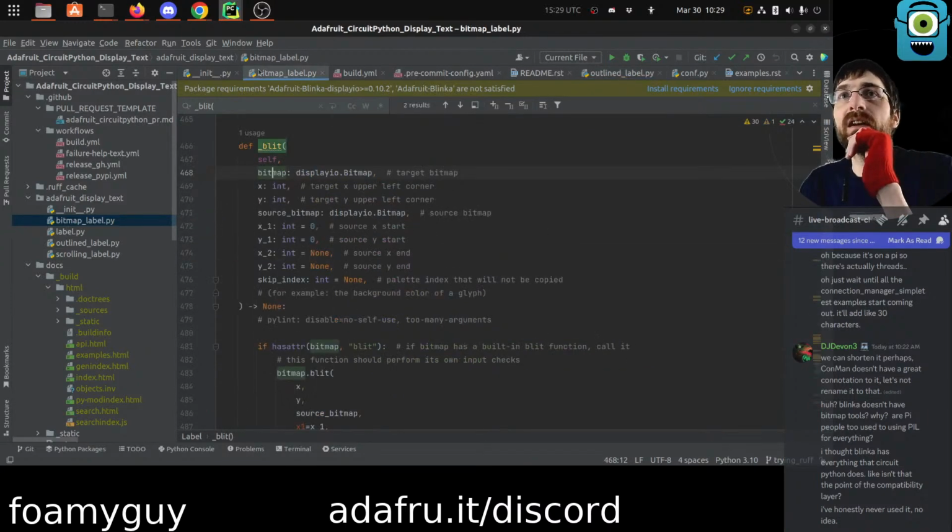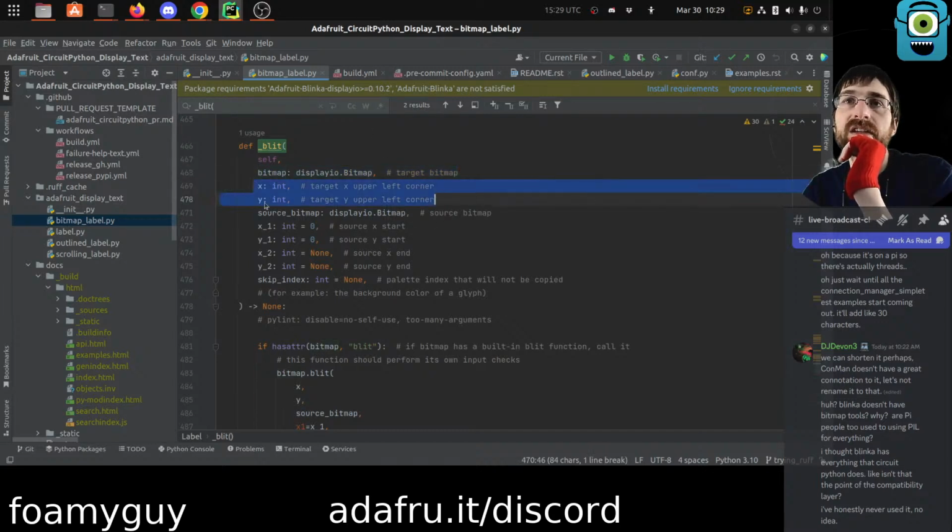It's not one-to-one compatible. It's slightly different because the order of the arguments is different. This has target, so it calls them target and source instead of destination and source, which the other one does. But that would be the destination. Then it has XY. Then it has source. Then it has